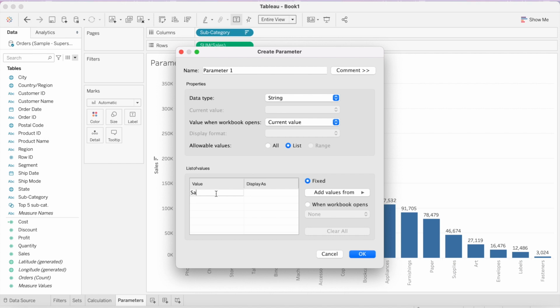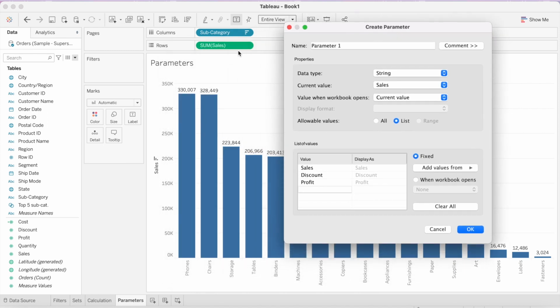So we want sales, we want discount, and we want profit for our parameter list, the measures that we want to be included in this bar chart.